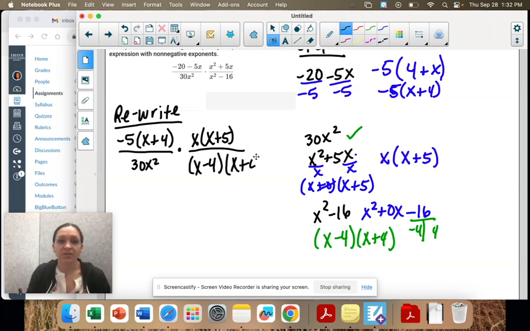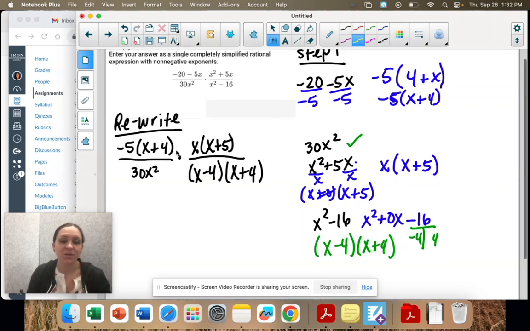So once everything's factored, we start canceling out. So look across. x plus 4, x plus 4. Okay, across this way, I have 1 x and 2 x's. So if I cross this one out, there's still 1 left here. And now I can look at individual fractions. So if I look at this fraction,